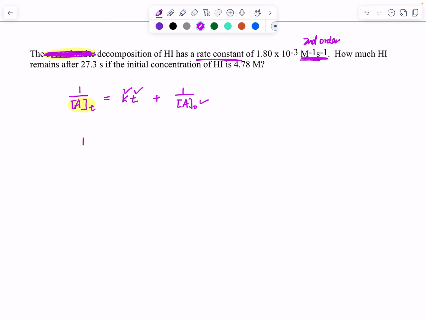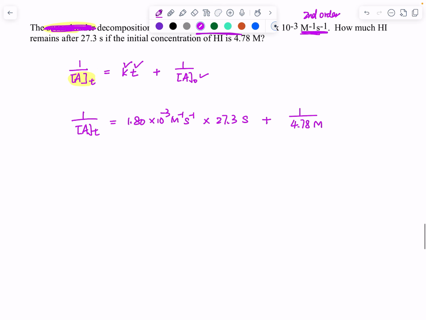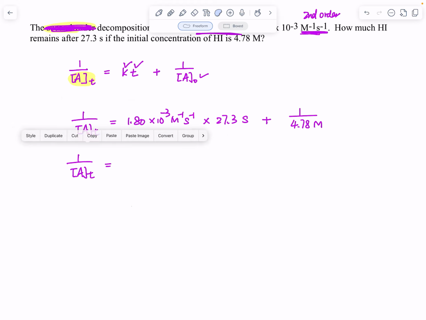So then that simply is 1 over the concentration, equals k, which is 180 times 10 to the power negative 3 molar to the negative 1 second to the negative 1, multiplied by 27.3 seconds, plus 1 over 4.780 molar. Of course we can solve this: on the left side it will be as is. On the right side, we should be able to do this calculation. Then you should find that on the right side, it comes out as